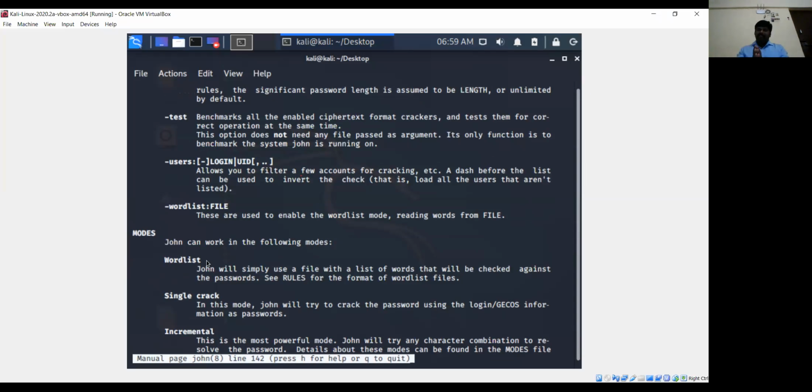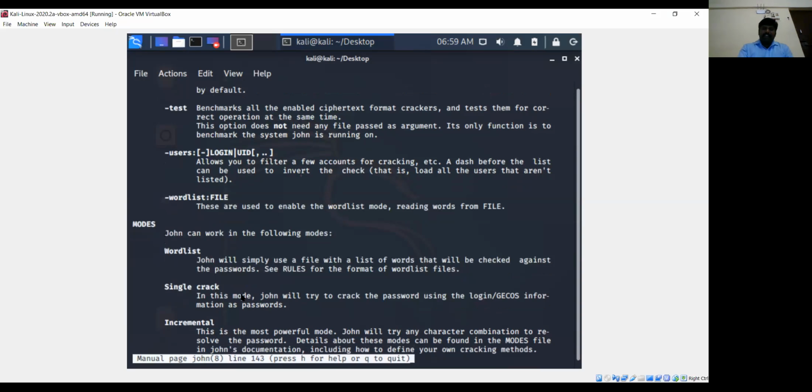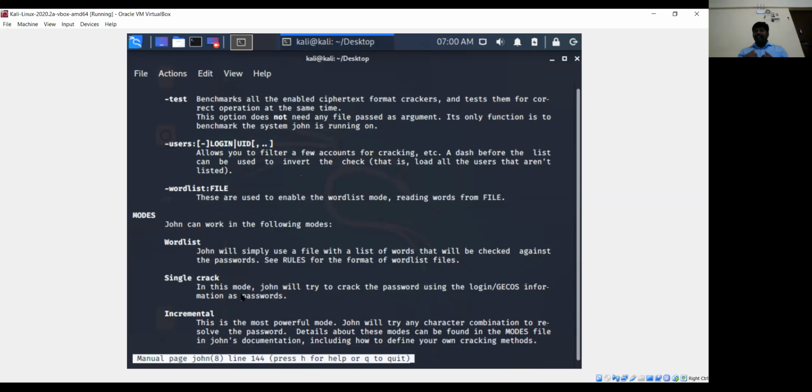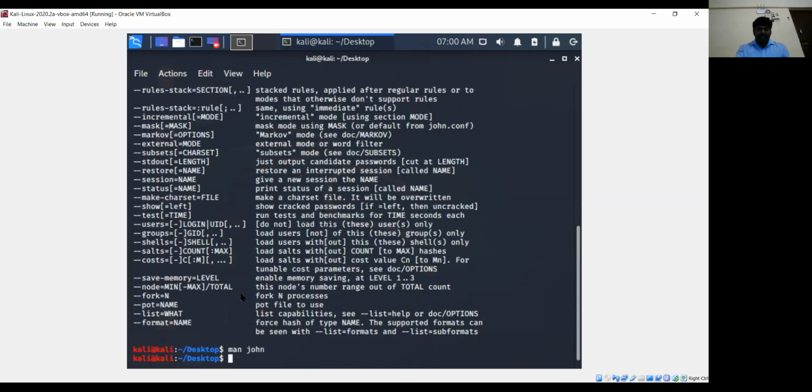Whether it could be millions of words or thousands and thousands of words, from that, this attack will try to fetch the word and compare with it, right? And then very similar to the single crack, again it will try to find out the password using a single attempt. And then the incremental mode, again it will try the complex password, where it takes more time. This method is used for cracking the password which is more complex, right? So I'll quickly close this, and then we'll move to the actual one.